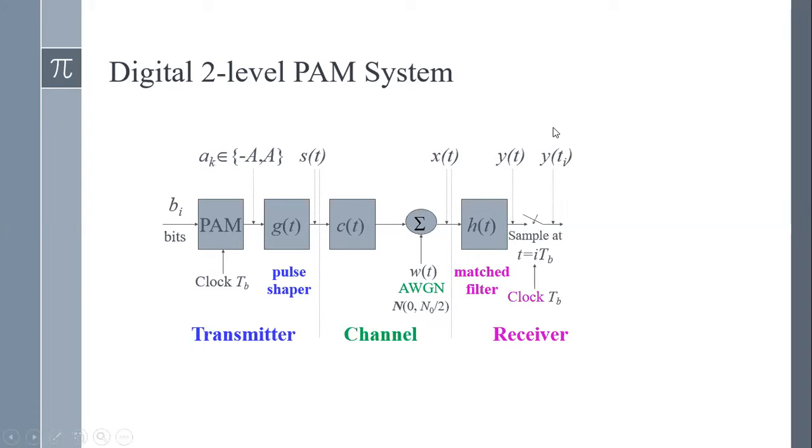Okay, so after that we sample each pulse at a rate of Tb, because we are sending it at a rate of Tb. So here also we sample it at a rate of Tb. Then we send it to a decision maker block where the threshold level is set, and then we decide whether the pulse is a 1 or 0, then we get this output 1 or 0. So this is what the system is, and the main important focus is this matched filter. So we'll start with the matched filter.